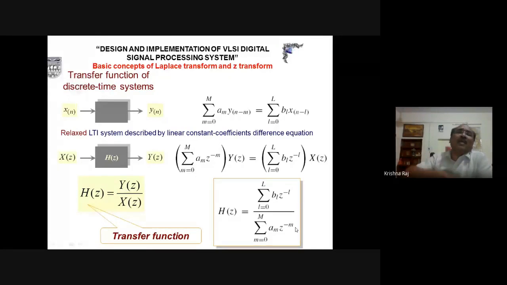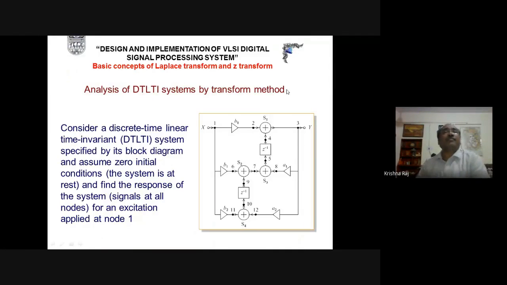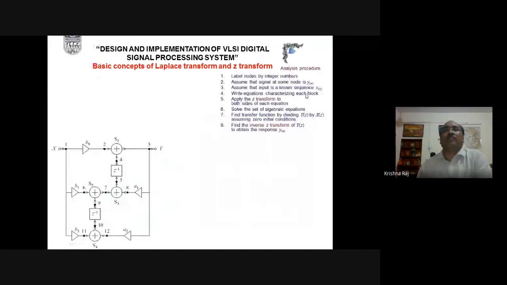Similarly, as we discussed for the case of F(s), it will also be broken into first order sections and second order sections, with the same concept. Now suppose we are interested in describing any discrete time LTI system. Again, I am repeating that an LTI system means there are coefficients which are not changing their values with respect to time.